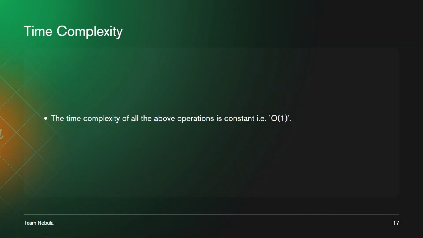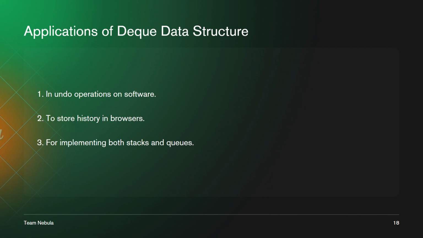Time complexity. The time complexity of all the above operations is constant, which means O(1). Applications of deque data structure. In undo operations on software, to store history in browsers, for implementing both stacks and queues,